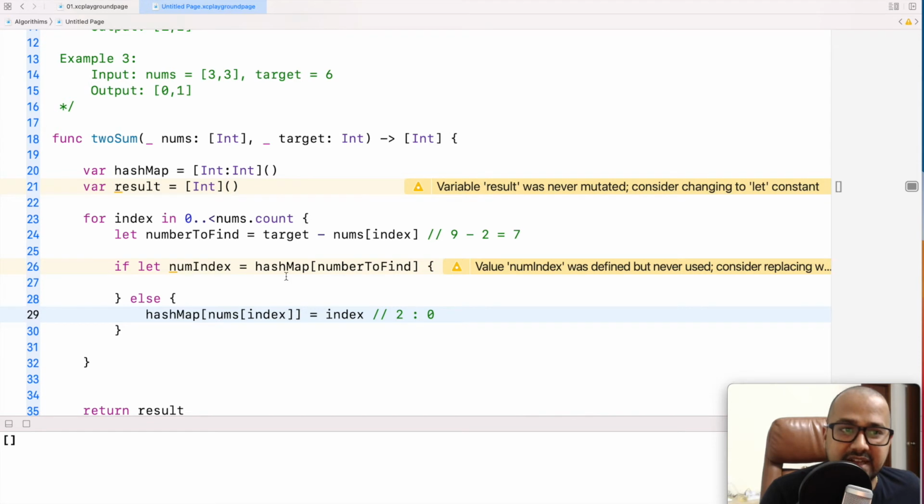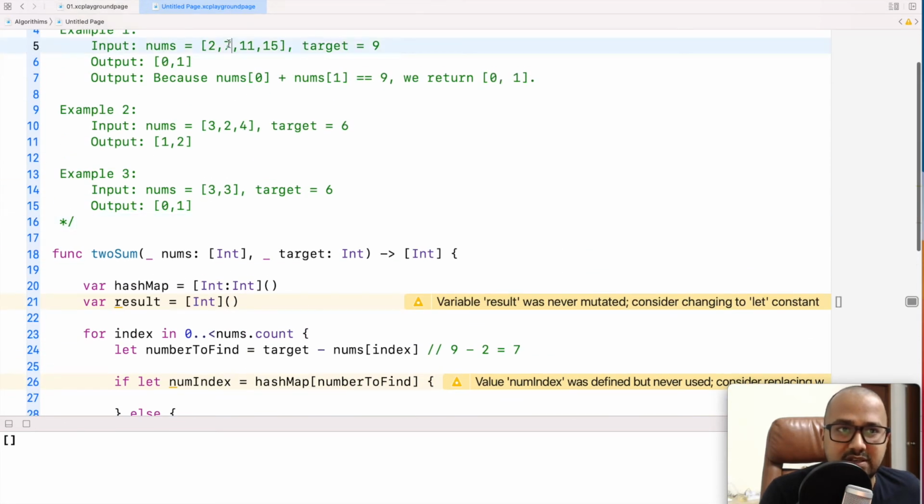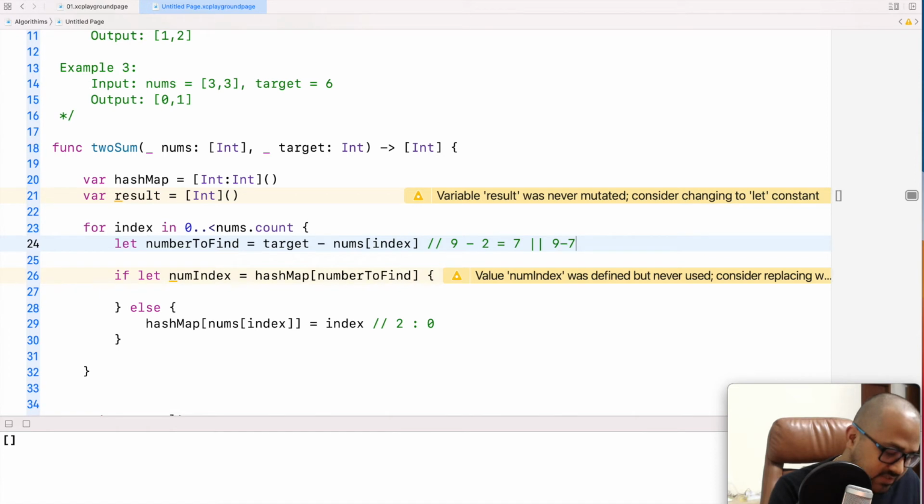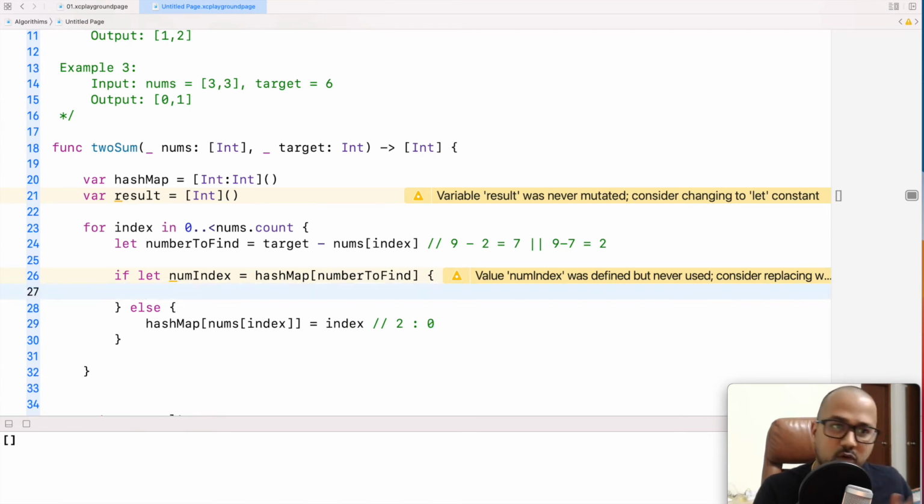Okay. So this is what I have right now in hash map. Now the second time when loop comes, so it is having 7. So num to find. So it will go for the second case. Now what I will have is 9 minus 7, which is equal to 2. It will try to find 2. So it will go here. It will try to find, okay, what index we will get? We will get 0, 0th index. Okay. So what we will do here? Now we know we have the value.